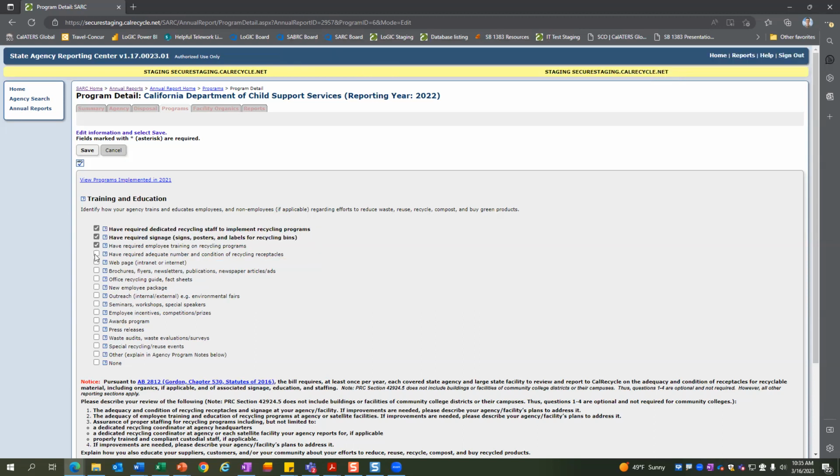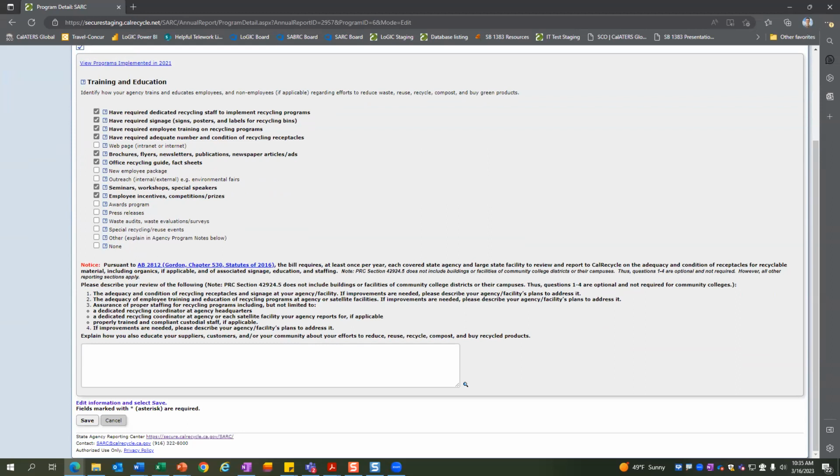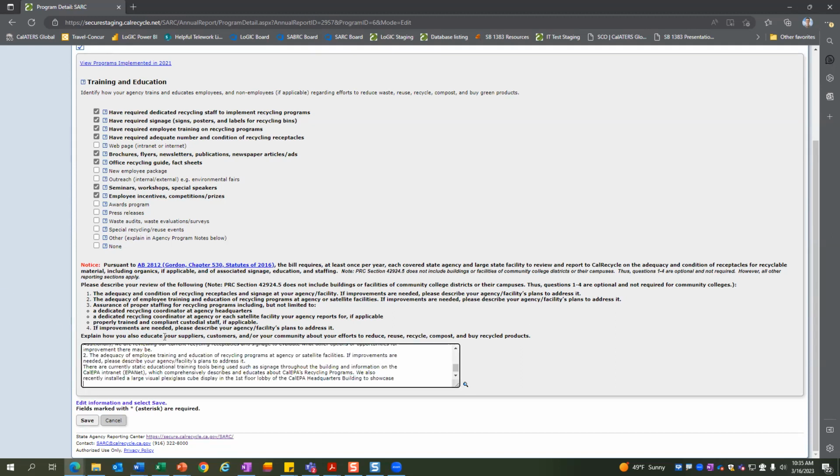You do have to have all four of those, and then select anything else that may apply that your agency implements for training and education. And then down in this explanation section, you just want to explain what you do for training and education on recycling programs. And again, training and education, this is your entire agency, headquarters and facilities.